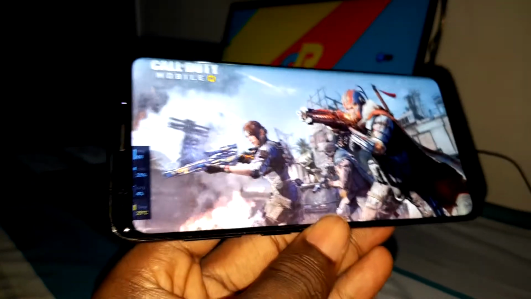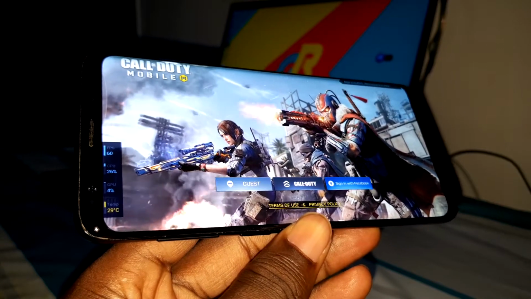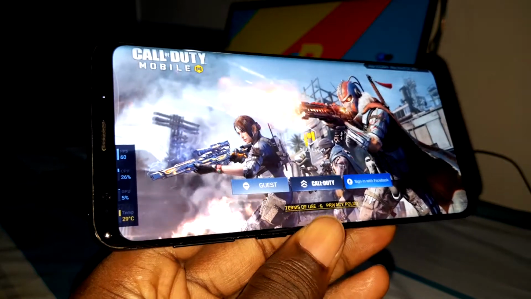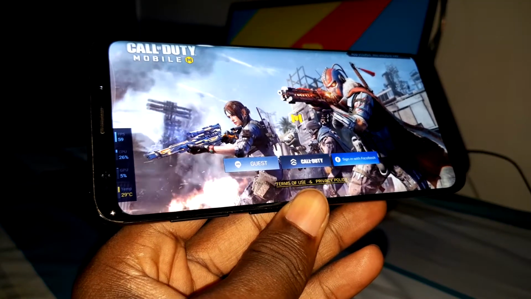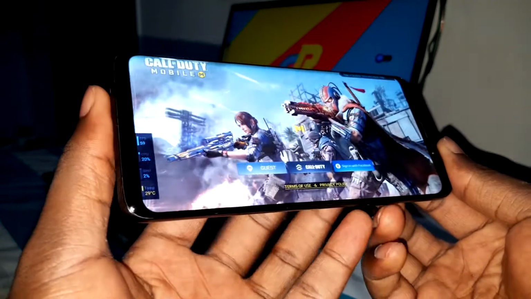Let's see how to show FPS, GPU, CPU, temperature on your screen, bro, with the brand new Android 11 One UI 3.1. Now, let's play games together to see how it's working.